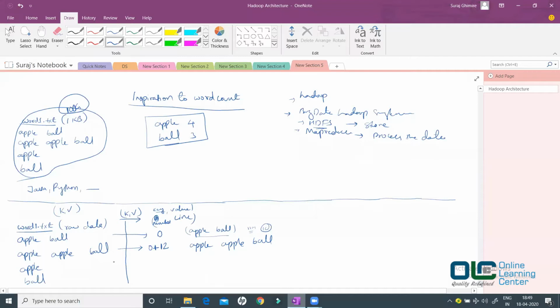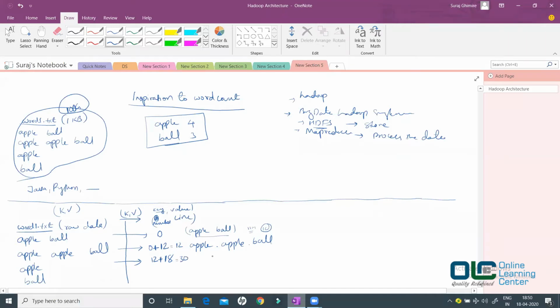Now again, for this next line, what would be the value of key? Key would be 12 plus the total characters of the previous line. Now count this out, how many characters do you have? 5, 5, 10, 11, 12, 13, 14, then 15, 16, slash n is 17, let's say plus 1, 18. So let's assume there are 18 characters. So how much would it be? It would be 30, right?